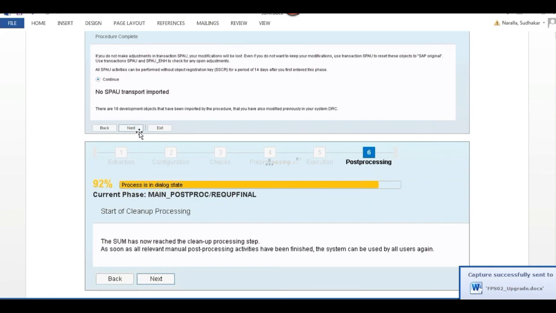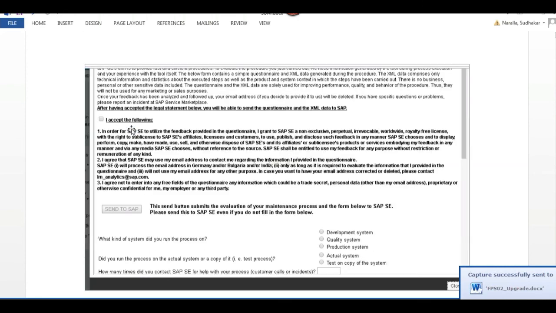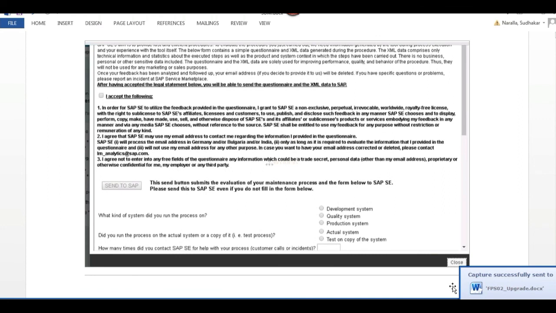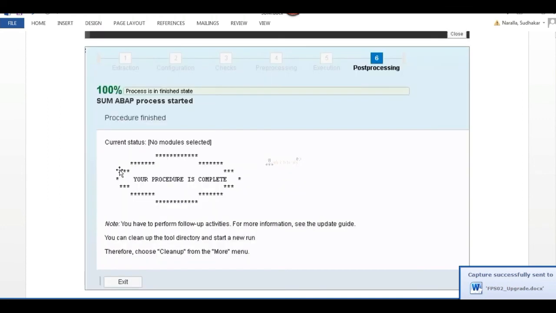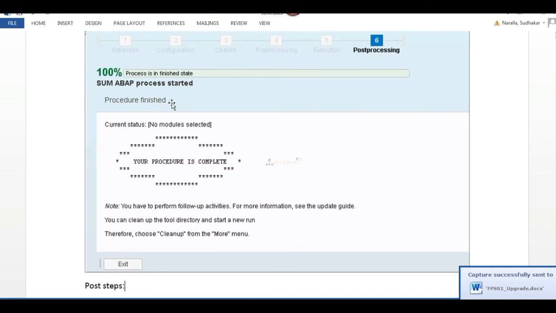So that's why I'm continuing here. I'm not stopping here. You can just continue here. Click next. Once it is completed, you will receive this message. Then click close. Then you can see here your upgrade is completed 100%. Okay. Now